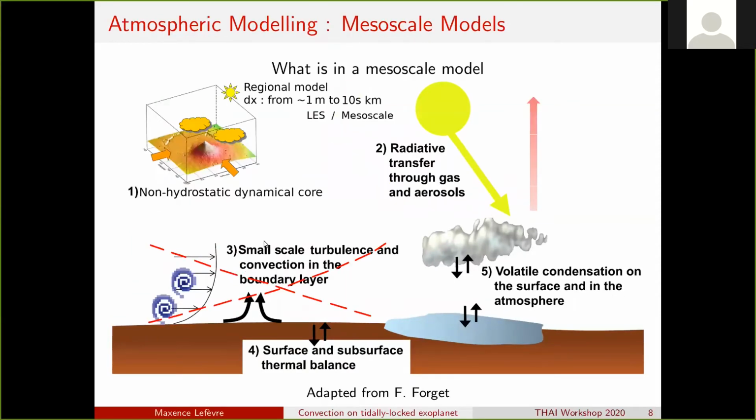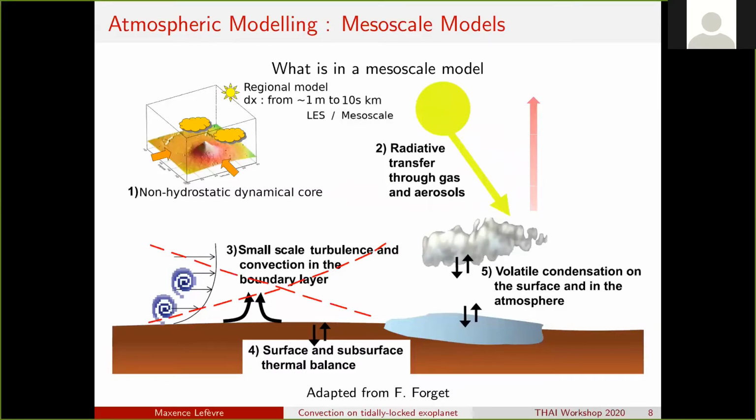In a mesoscale model, you have a dynamical core, but with a smaller grid size, from 1 meter to some tens of kilometers. You have a radiative transfer, a macrophysical model, and a turbulence scheme.